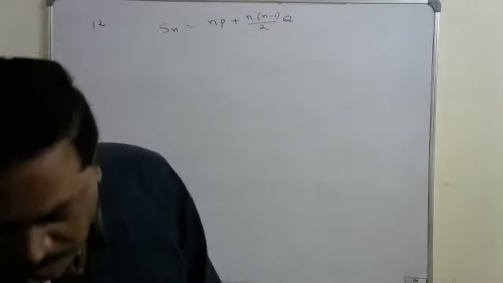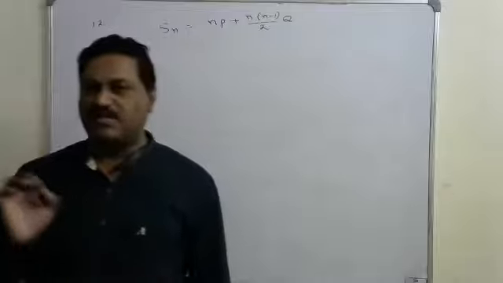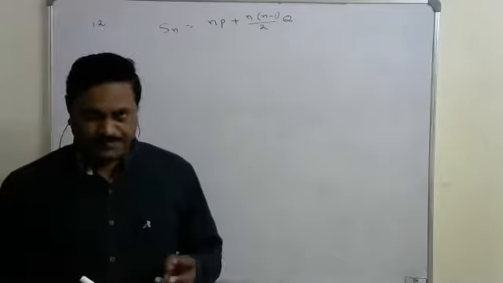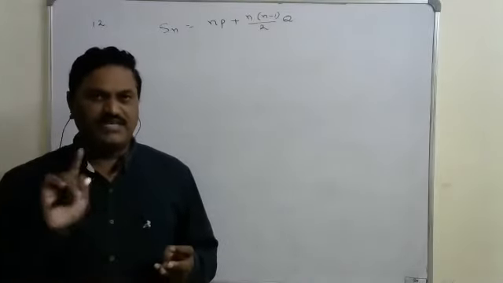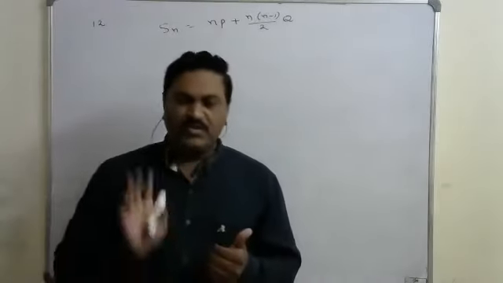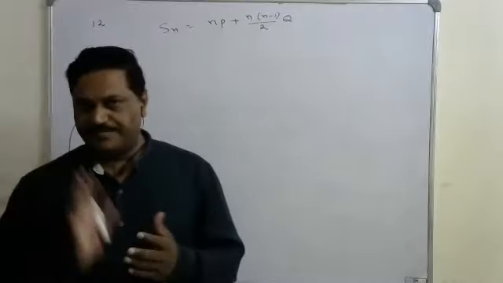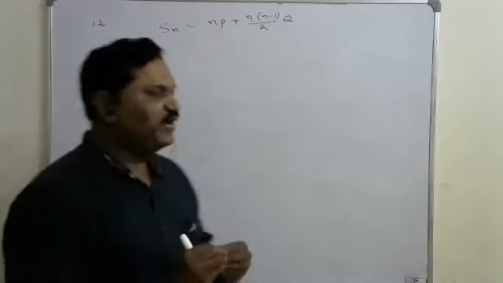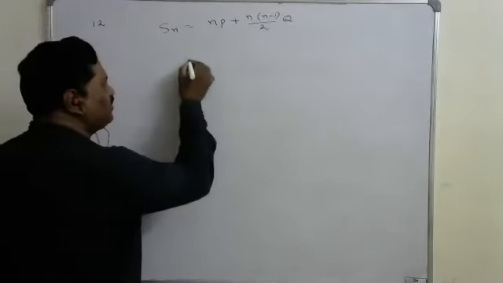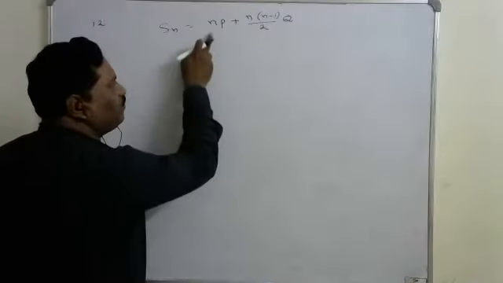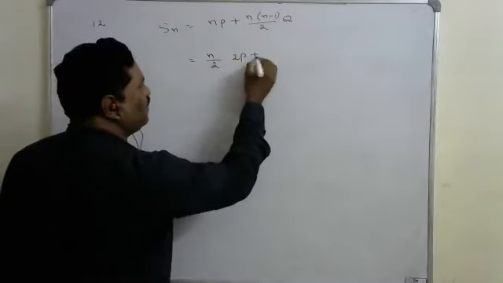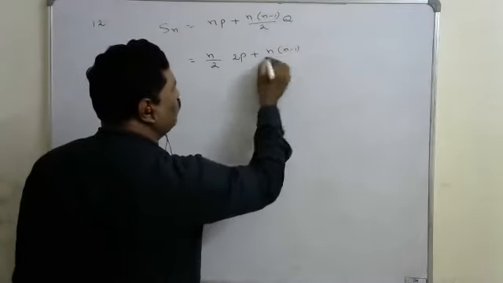To find that, we are already aware of the formula for the sum of the n terms of the AP. What is the formula for Sn? n by 2 into 2a plus n minus 1 into d. So n by 2, 2a plus n minus 1 into d. We should try to bring this information into that format. For that, what we will do is, here n by 2 is there, but here n by 2 is not there. So I will divide it by 2 and multiply by 2 here, plus n into n minus 1 by 2 into q.